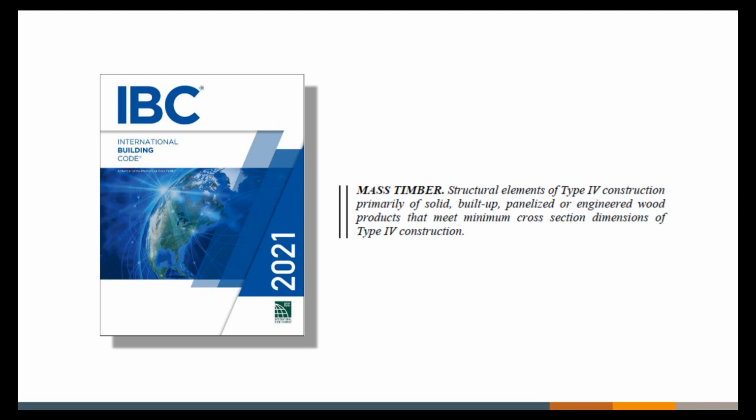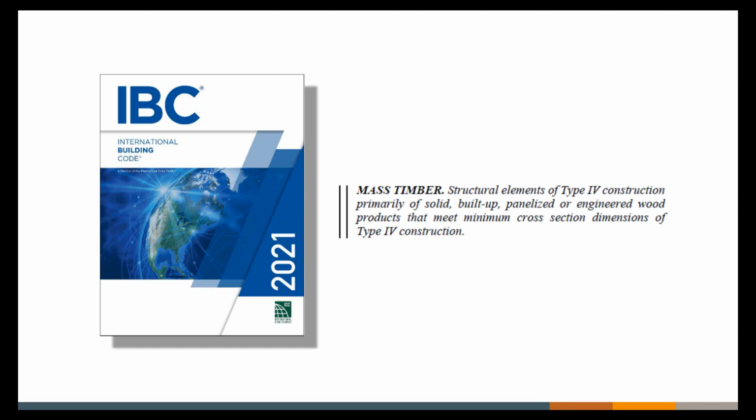Now there is a big difference between what we see in the code and what we see as slang terminology in the industry, because I've heard mass timber utilized where it doesn't even meet this definition. But the keys to this are, one, it's solid wood construction. Two, it's categorized under type 4 construction. And because it's categorized under type 4 construction, it needs to meet minimum dimensional requirements that are defined in Chapter